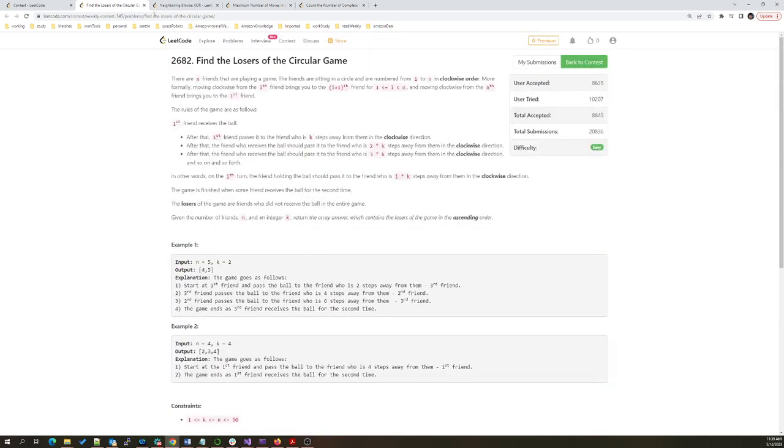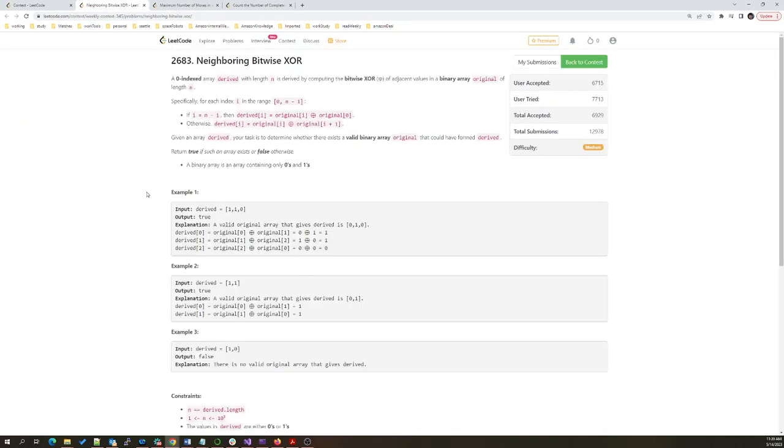So this is the first problem. And the second problem,